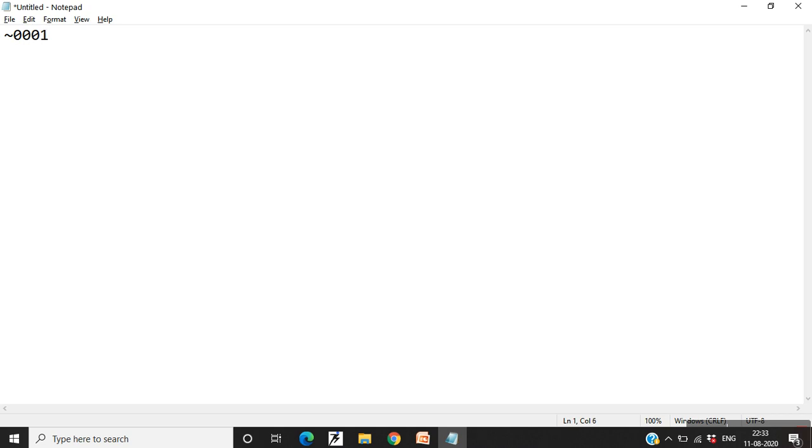Suppose you have a binary number of this sort, and if you use the complement operator before this, it will result in 1110. In this way, it complements each bit of this binary number and gives you this result.